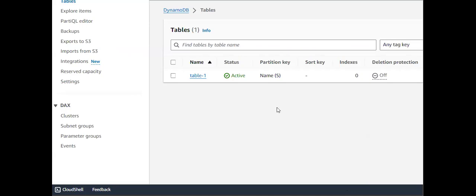You can see our table is created. Now it is also present in active state. So in this way, we can create our table. While creating, if we want any sort key, you need to provide that, and any indexes we want to create, you also need to provide. Now I'm just expecting to view the table,